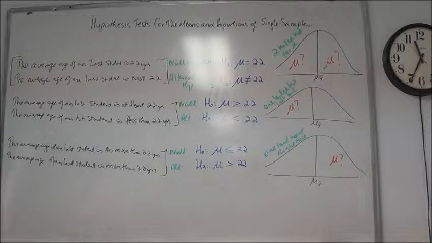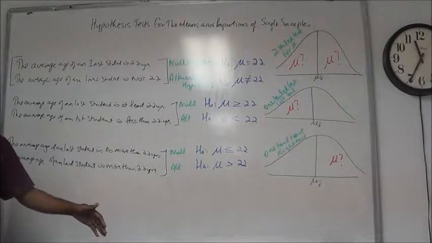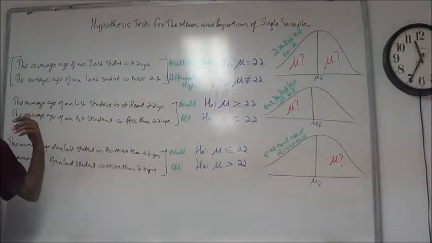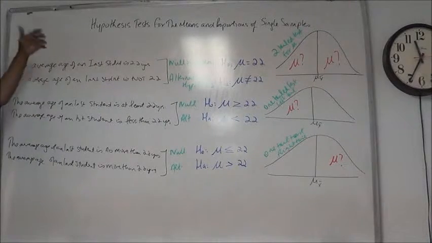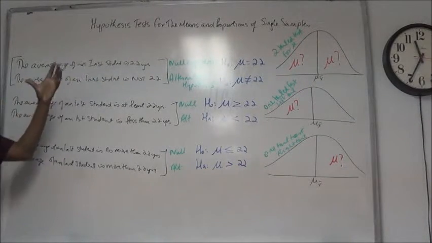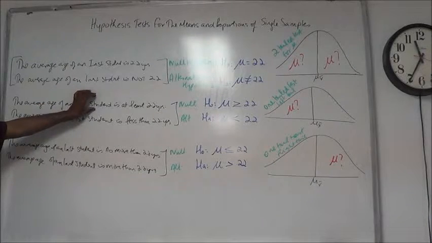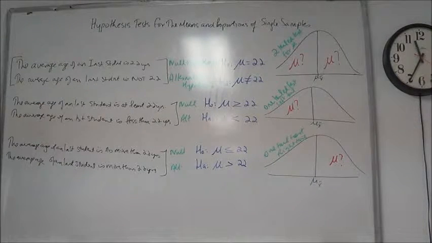That value of z that we will be able to find from the distribution has to be on the left-hand side, and so on and so forth. So, as we go through these examples, remember, these are the only three possibilities. The choice of the possibilities is going to be up to you depending on the scenario, and depending on whether or not he said something is equal to a number, greater than or equal to a number, or less than or equal to a number. Those are going to be your choices.